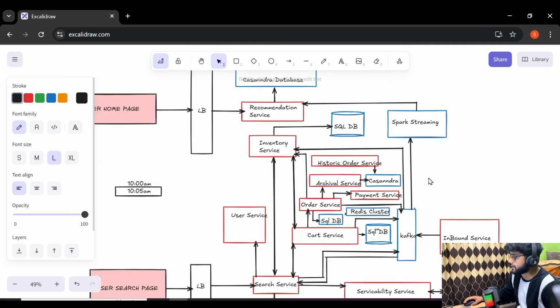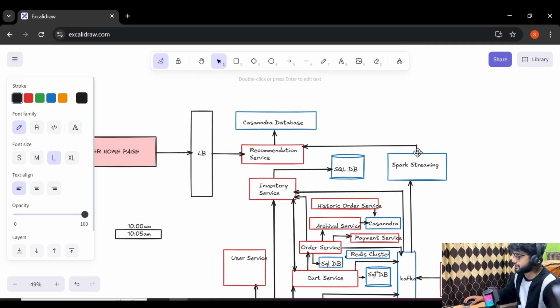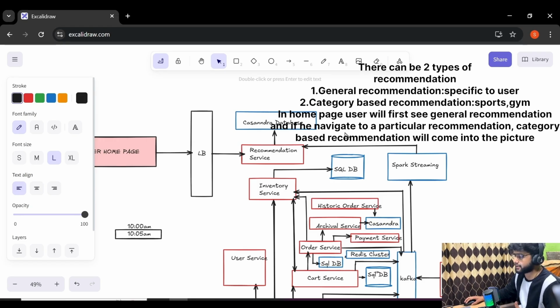Now there will be Spark streaming on top of the Kafka queue. This Spark streaming will simply take this data as an input, and using this data it will generate the recommendation feed for the user, and it will send this data to the recommendation service. Now for the recommendation service, we will be using a Cassandra database. This recommendation system is not going to be that simple. It will be very vast.